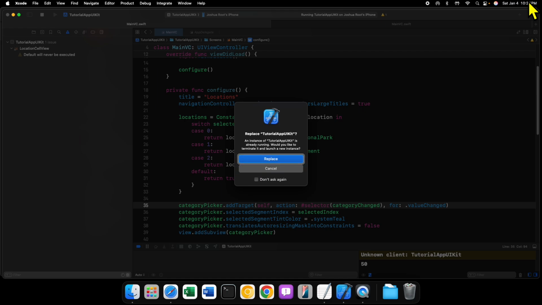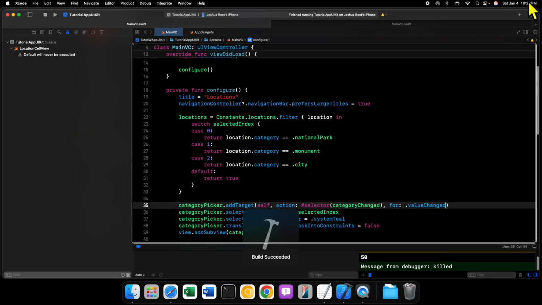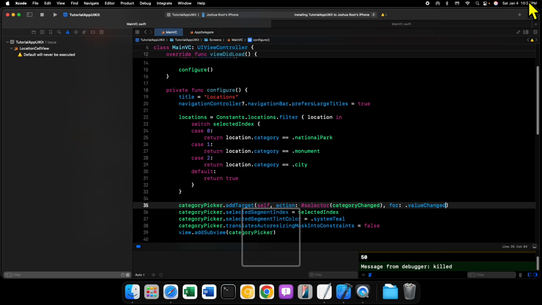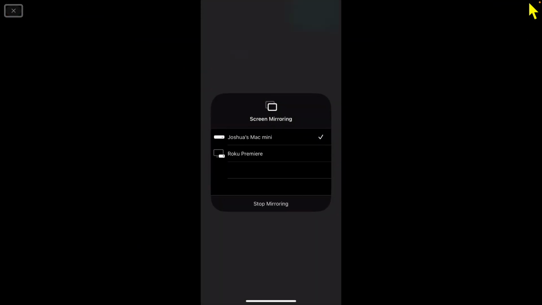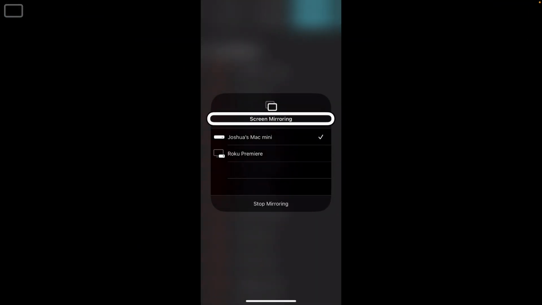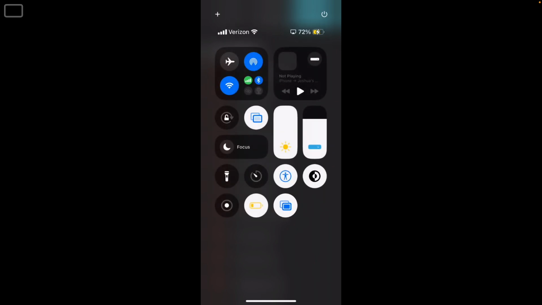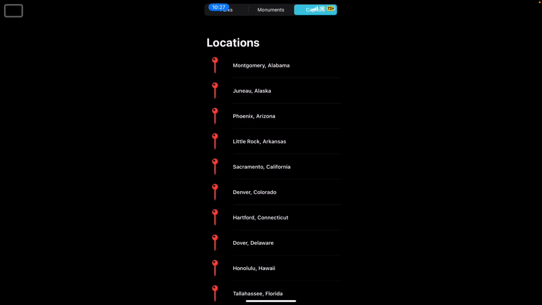So you can see that I am rerunning it and I'm replacing it. All right. So once we have done that, I'm going to screen mirror once again to the Mac Mini. Screen mirroring heading. All right. And here we are in our application. We can see now